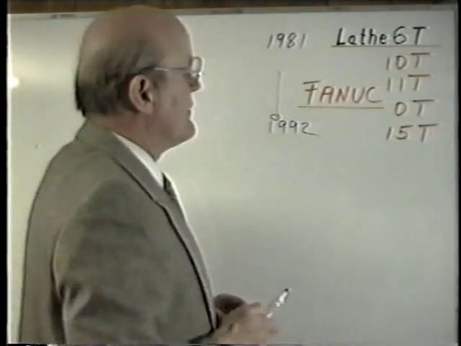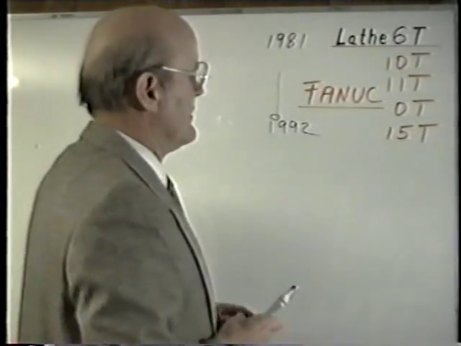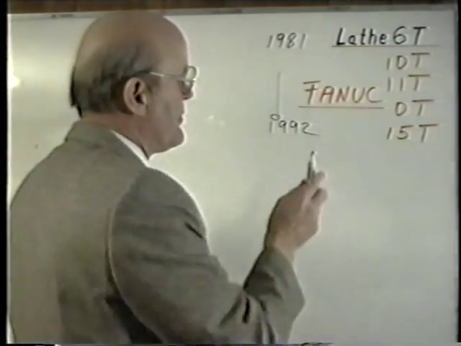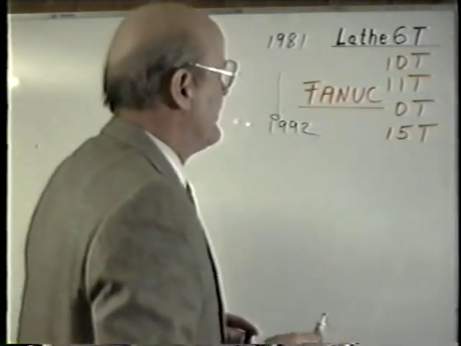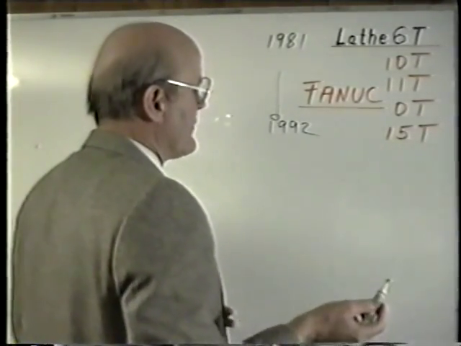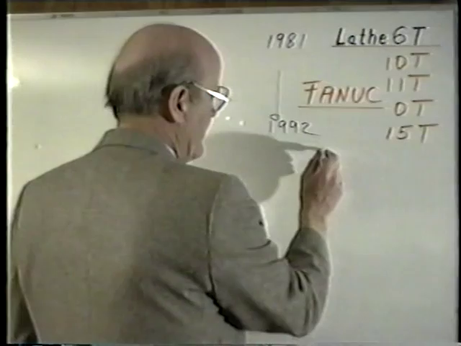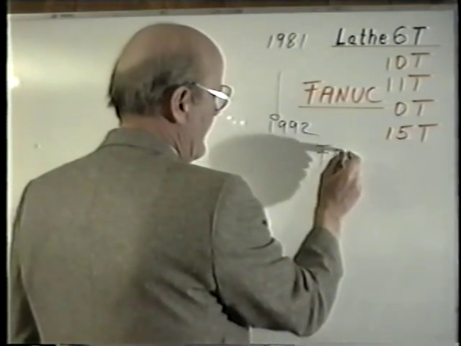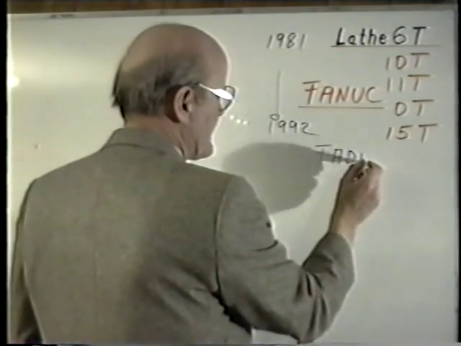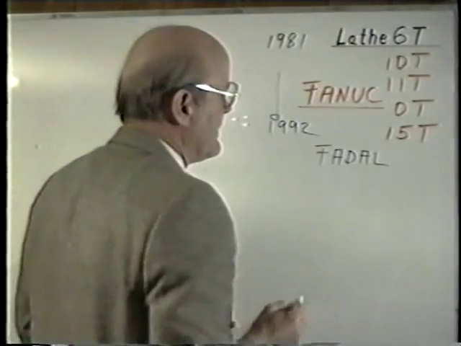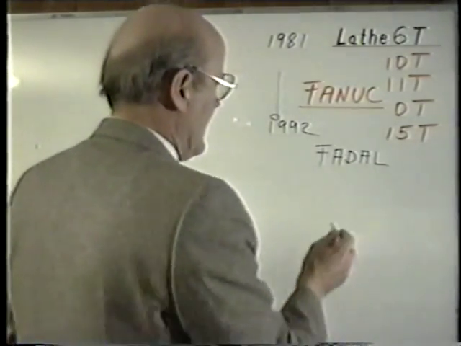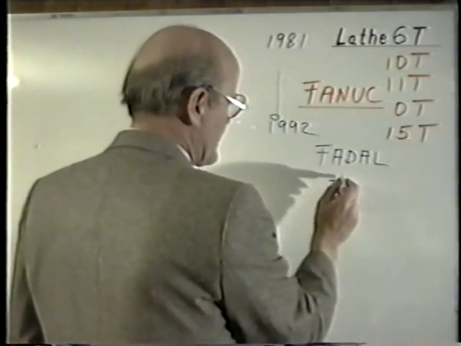Now other controls use the same programming system as the Fanuc control, and other controls today, there's a machine tool manufacturer that's called Fidia that makes a very nice machine, and they use the same method of programming. There's another American machine that's called Haas